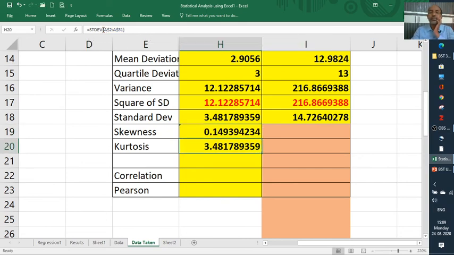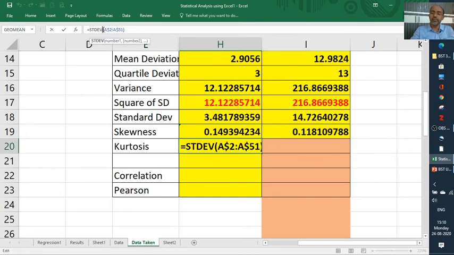You will get the formula for this one. The data is positive, 0.149, or 0.15, you can call it this way. This is also a positive skewness of 11 or 12%. Then we'll go into the kurtosis.